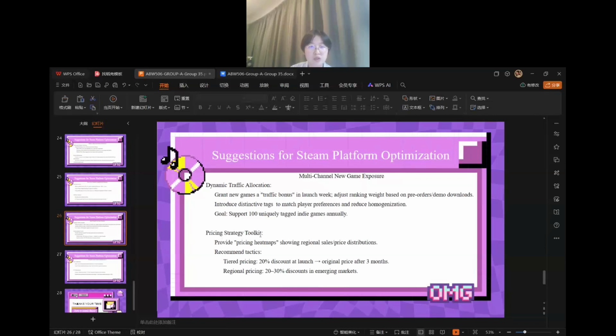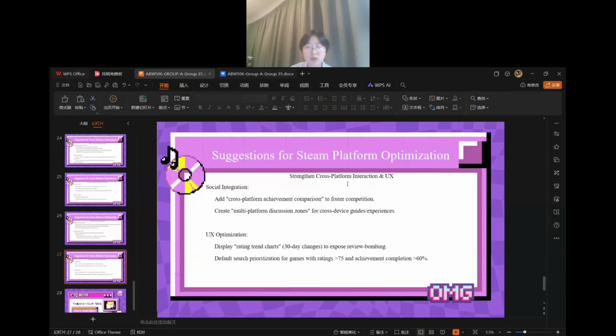And the pricing strategy toolkit provides a pricing heat map showing regional sales and price distributions. Recommended tactics are tiered pricing, a 10% discount at launch returning to the original price after 3 months, and regional pricing with 20 to 30% discounts in emerging markets.